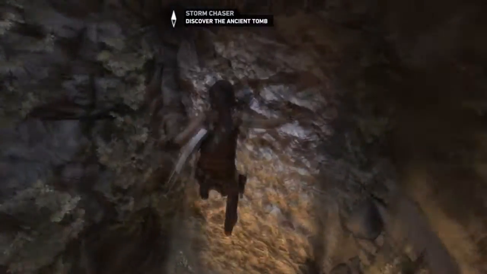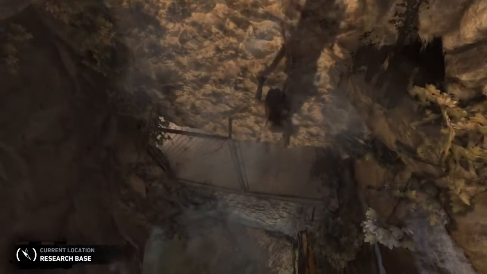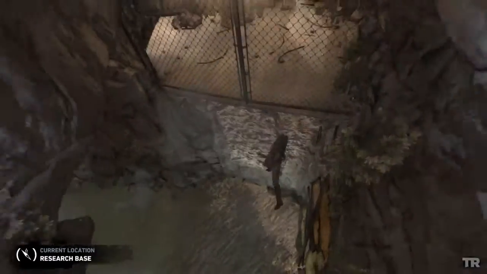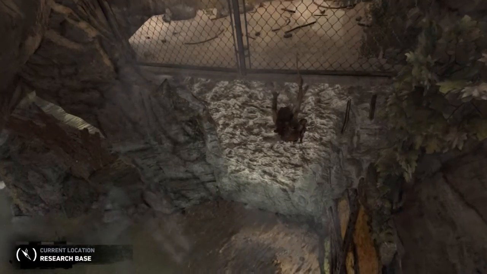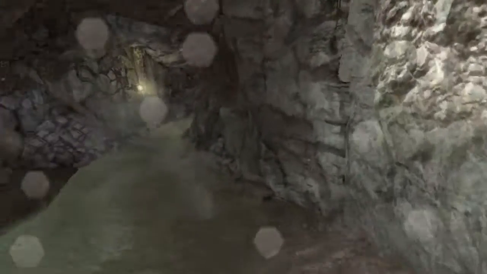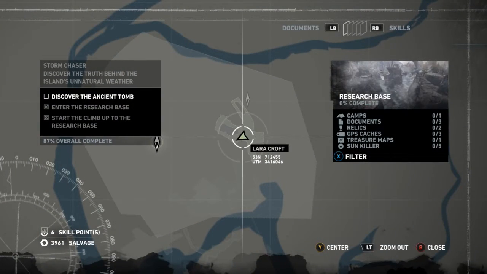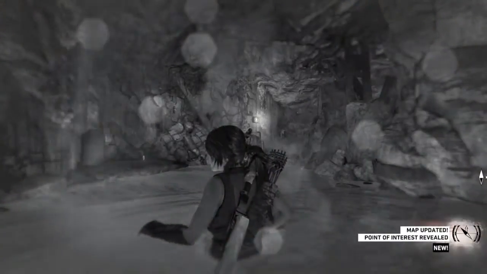And finally, here we are. We are in the research base. So I'll pull up my map in a minute and we can kind of have a look at the area. So on the research base, we have a couple of collectibles. Like I said, it's a relatively small area. We're not going to be here for very long, so we'll just pick up the few things that we can on the way. The first thing we're going to do is turn around